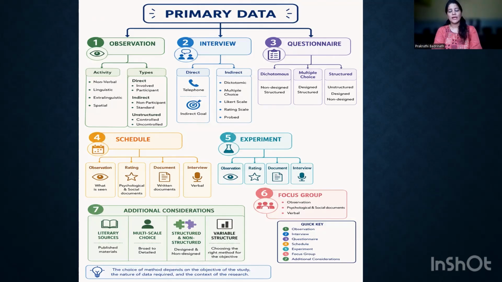So even in interview, we have direct and indirect. Direct is either you're talking to them openly, directly, or even talking to them over the phone as well. Indirect is, I'm sorry, the infographic is wrong. Indirect is,